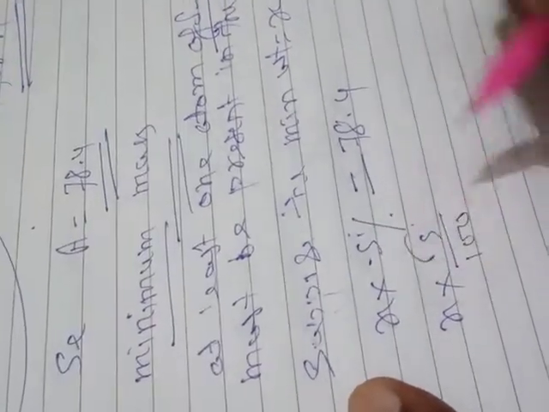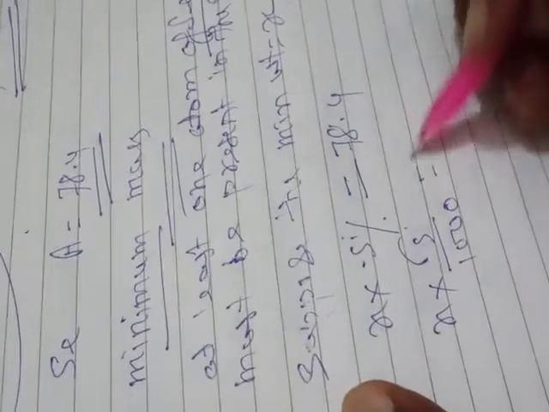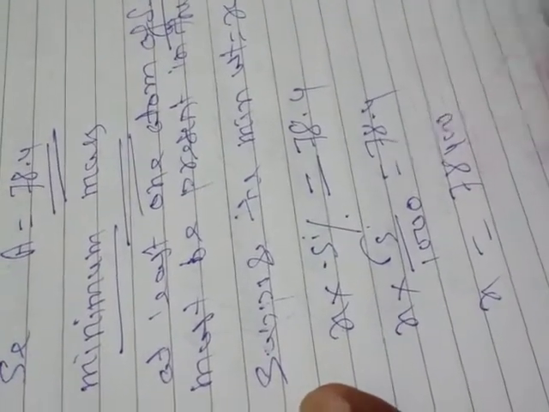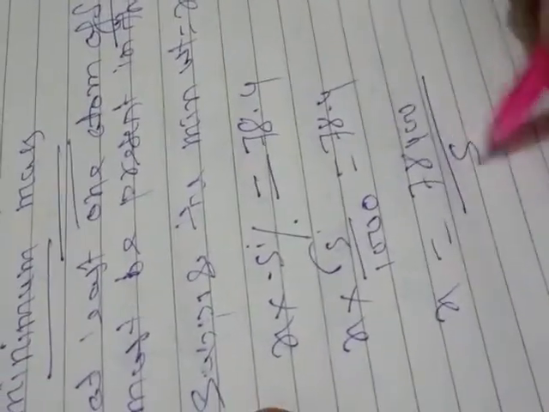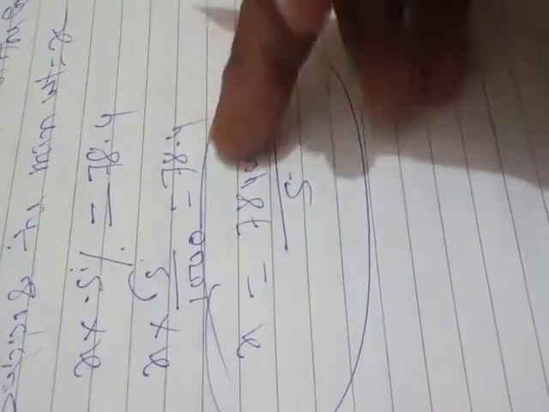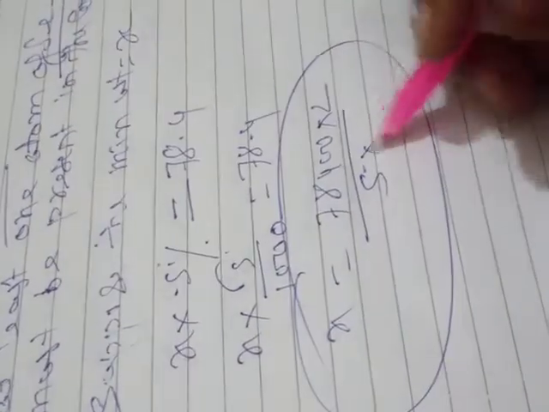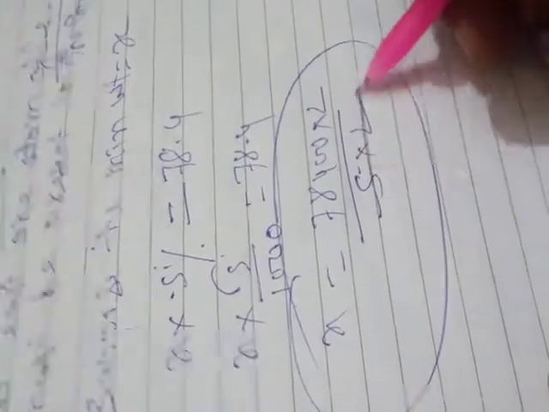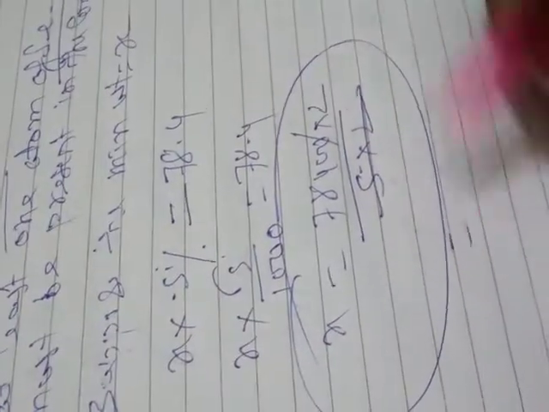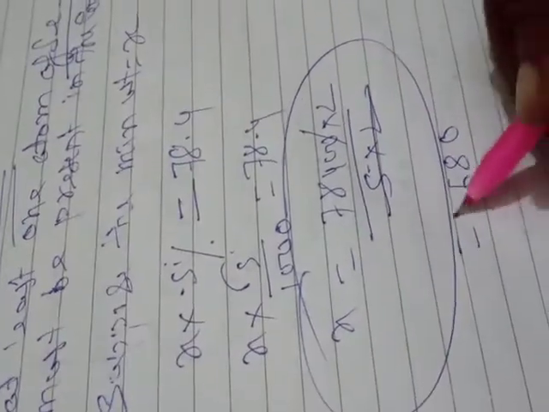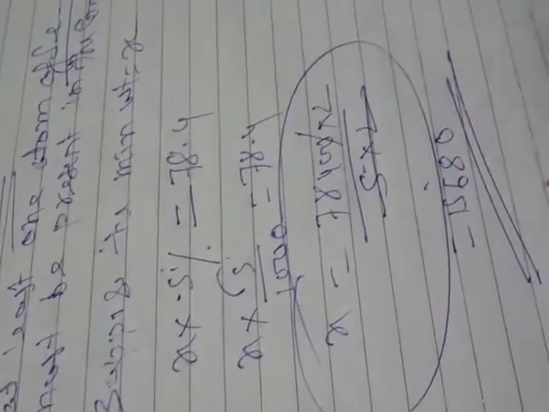Now remove the point, then here 10 will come, and here it is 78.4. Now do the calculation. 78,400 will be the final thing here, divided by 5, will be the molar mass of the compound. You have to do a simple division here. Just multiply both by 2, then it will make 10, this 0 will be cancelled, and after that when you multiply, you are going to get 0, and here 8, 16, and here 15, that will be the molar mass of the compound.